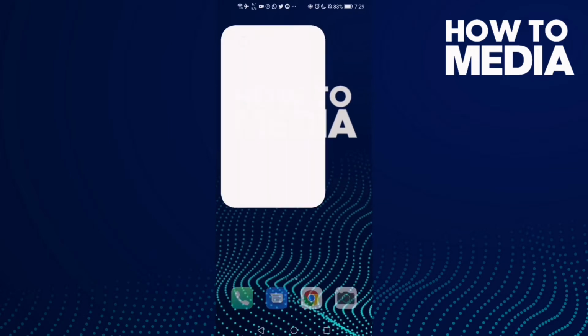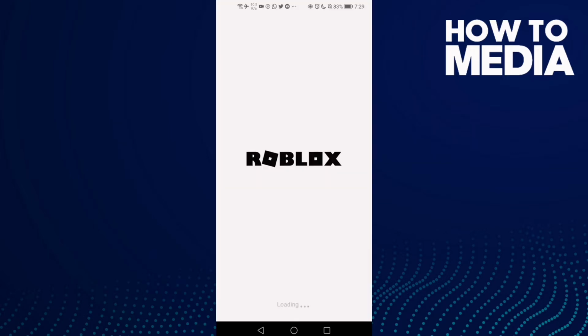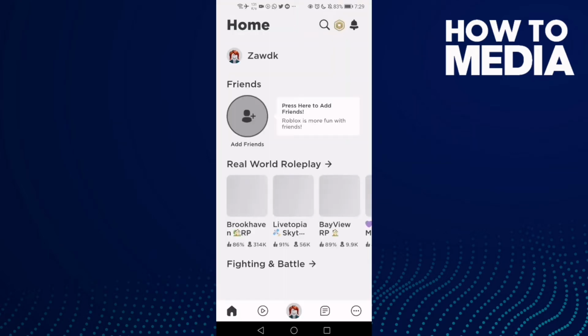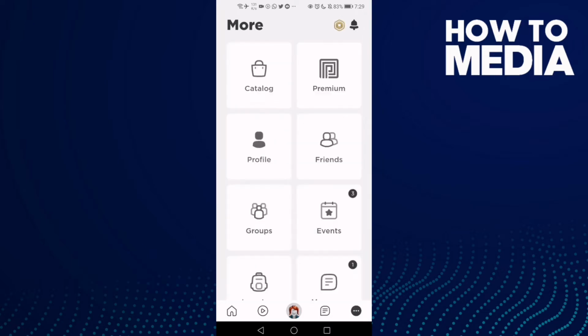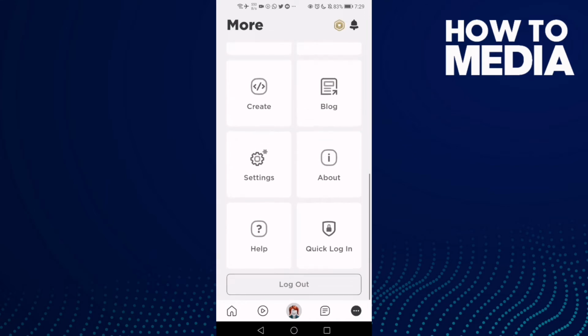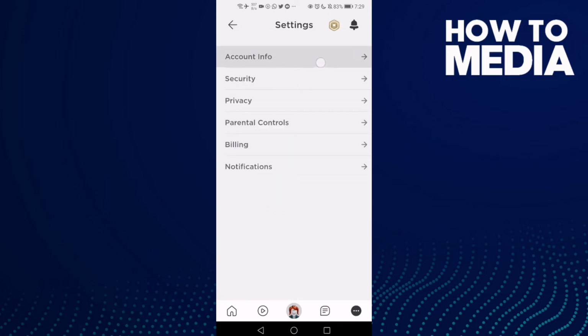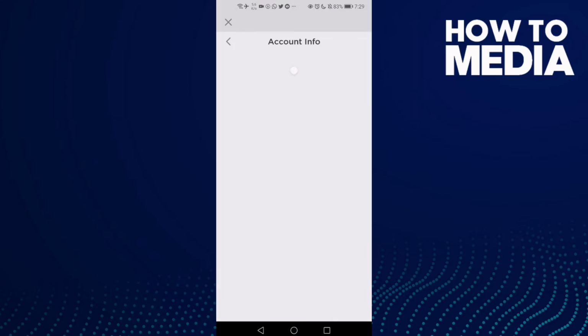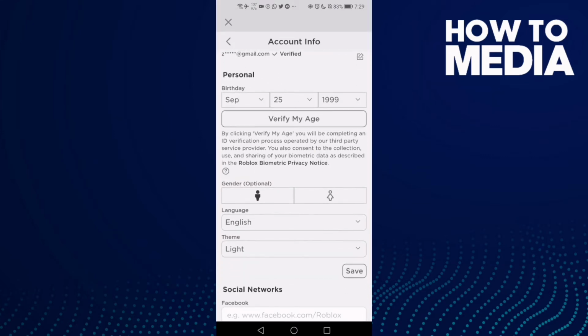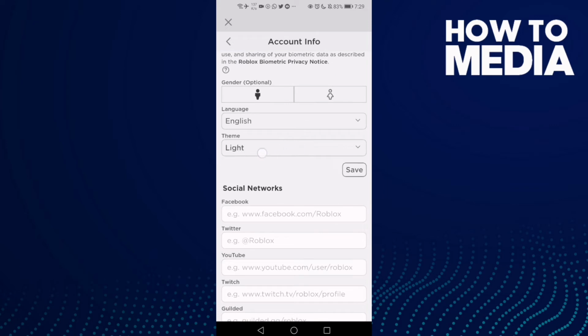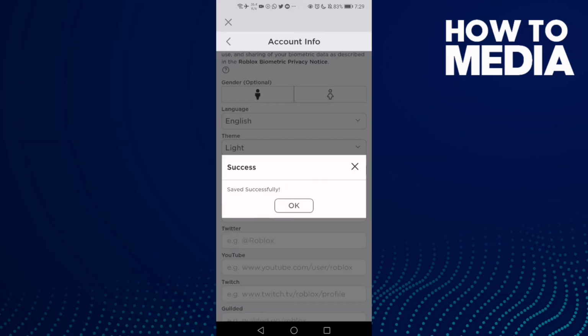First thing, go to Roblox and then click these 3 points here in the bottom corner and click settings and then account info, and here you will find theme. You can change it to dark or light and just click save,